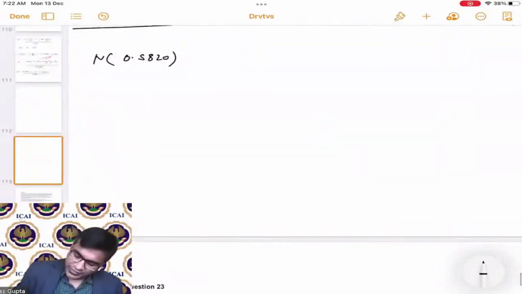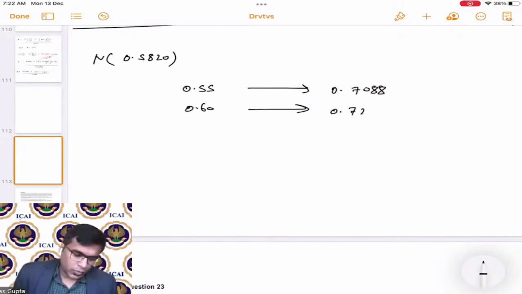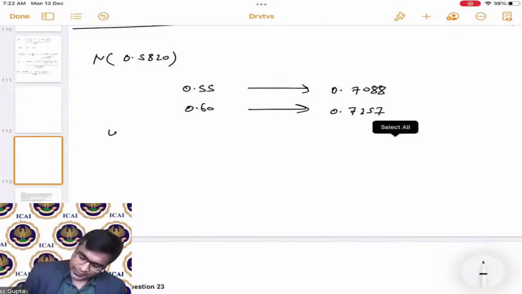So 0.55 is actually 0.7088 and 0.60 is actually 0.7257. This is what the cumulative value is. Now, using interpolation technique,